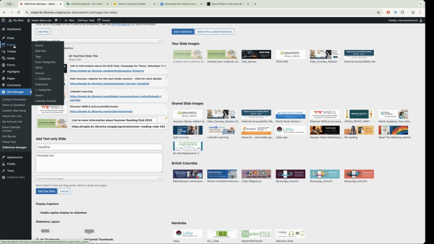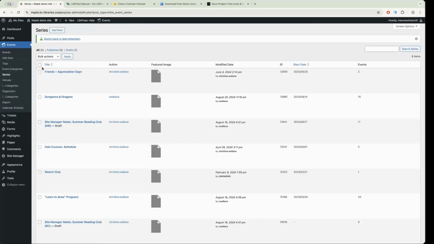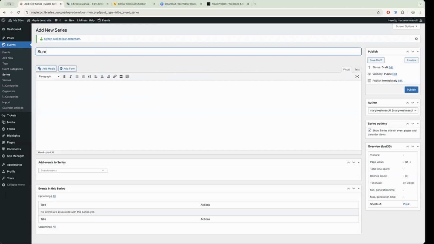There's a few different ways to go about this. It's one of those things where there's a few different ways to approach what you eventually want, which is a series with some events added to it. My personal preference is to just create the series first, because mentally, I feel like that makes more sense: creating the container and then filling it with things. I'm a very visual person, so I picture a box and then I start putting things in the box. Which to me makes more sense than creating all these things and then trying to stuff them all into the box. So I will add a new series up in the corner and we'll just call it,